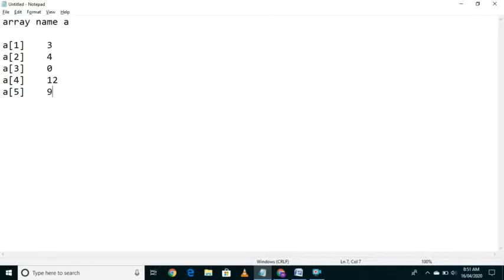Finally the output should give me the largest among all these elements. So no doubt it is the 12 which is the largest, at index 4. Since we are starting our indexes from 1 ending at n, 12 is at index 4. So this is the aim. Whenever I give any set of elements, the program should output the largest element from that set of elements.